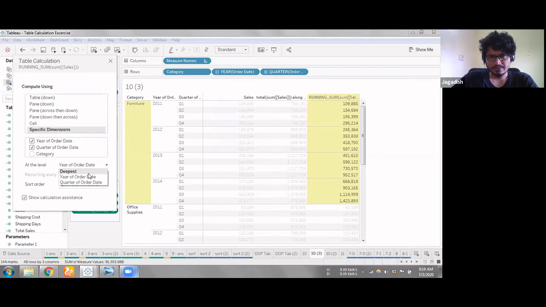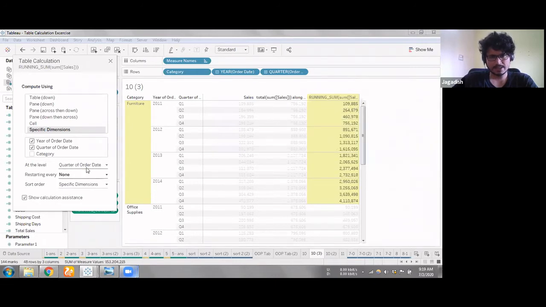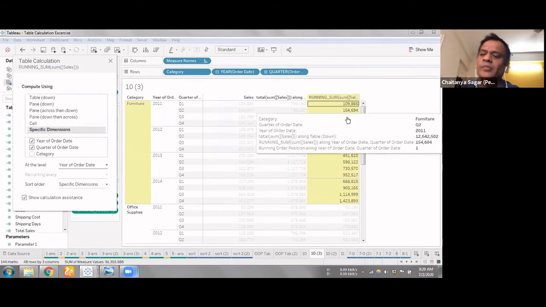I don't know if that's clear, but see, if I put it as deepest, like let's say I want the calculation to take into consideration this field, go up until quarter, it will do the sum calculation. But when I stop it only till here, year, it kind of neglects these quarters, and it only calculates till the specified column, and considers each of that as a single cell. Excellent. Okay.